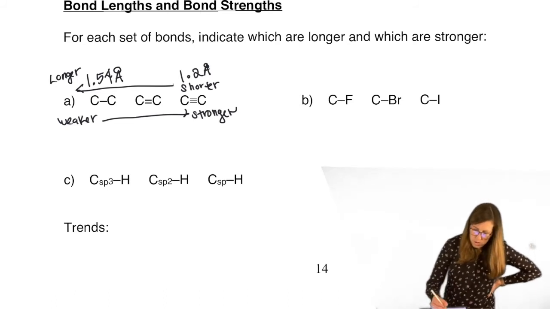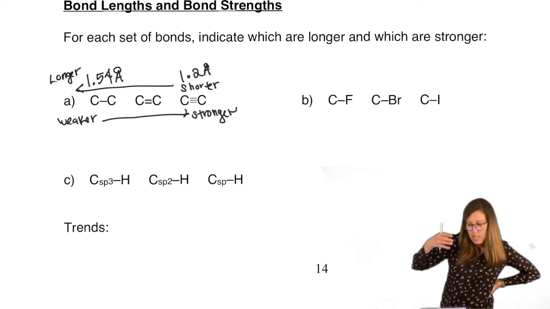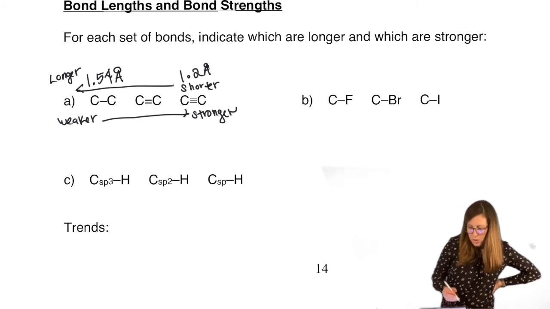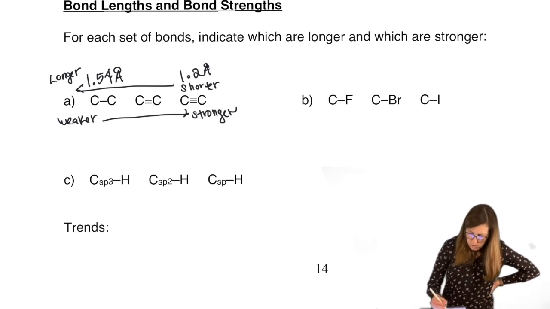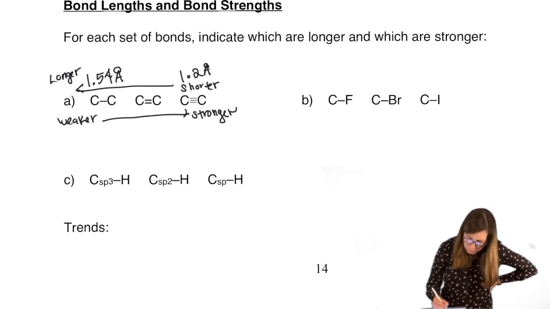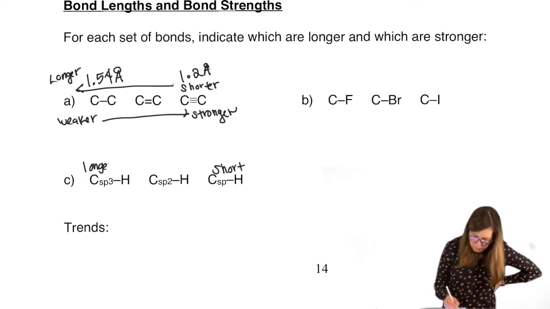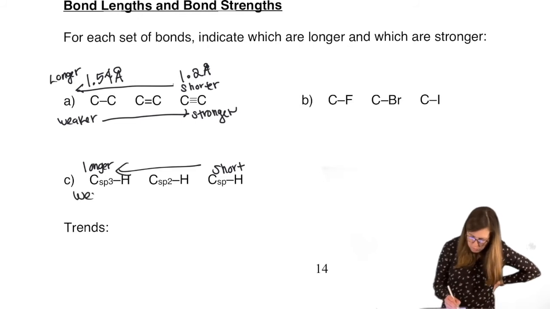So you're going to see the trend hold true with something that's hybrid, even if we have a hydrogen, which is always an s, bound to something with different hybridization. An sp hybridized carbon, for example, has more s character, more chocolatey, right? So it has a shorter bond. This one has a longer bond. Therefore, this is weaker, much stronger.